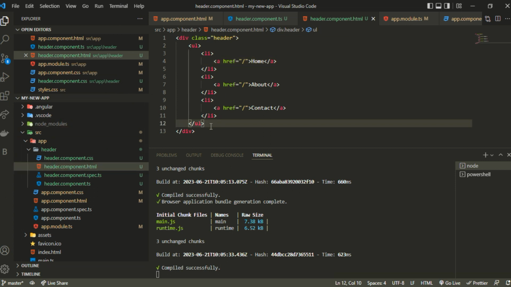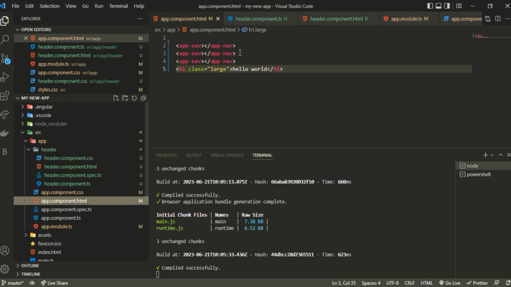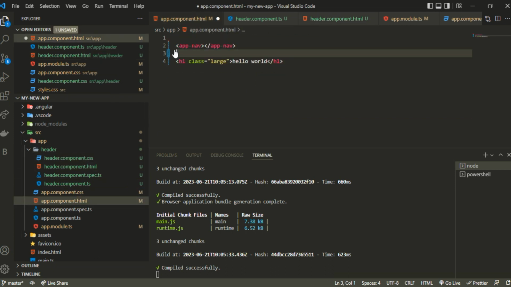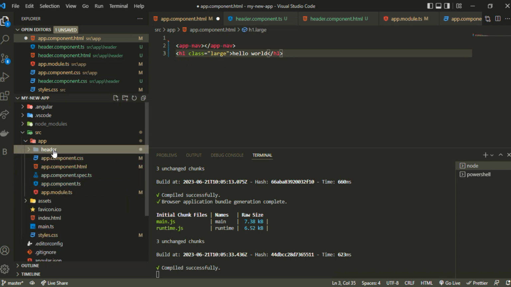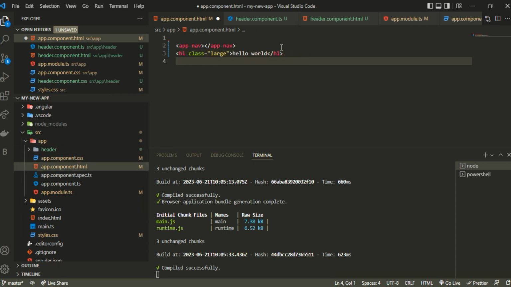file basically. So for that, let me just first remove this nav now, and I can simply show you the demonstration in this app component.html itself. I'll not be creating a separate component for that. So let's say I want to create a button, and on the click of the button I want to do something. So basically I can write something, let's say hello, or let's say click me,